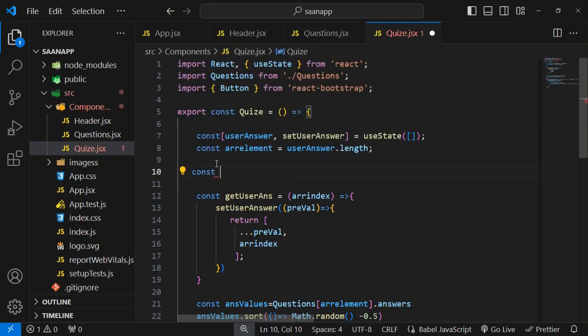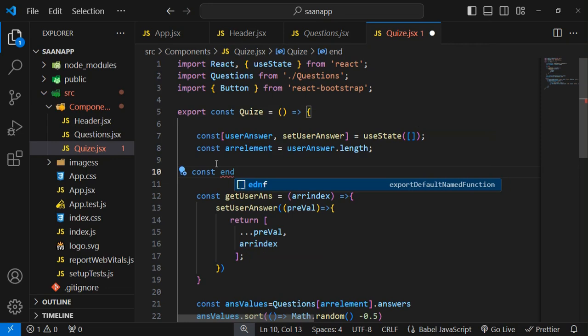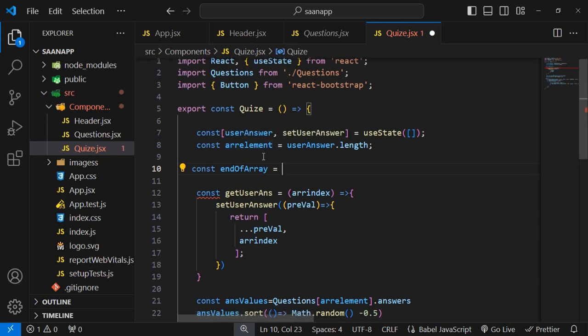I am giving a value and array. I'm just typing end of array element is equal to, I'm just comparing this array, Control C is equal to,